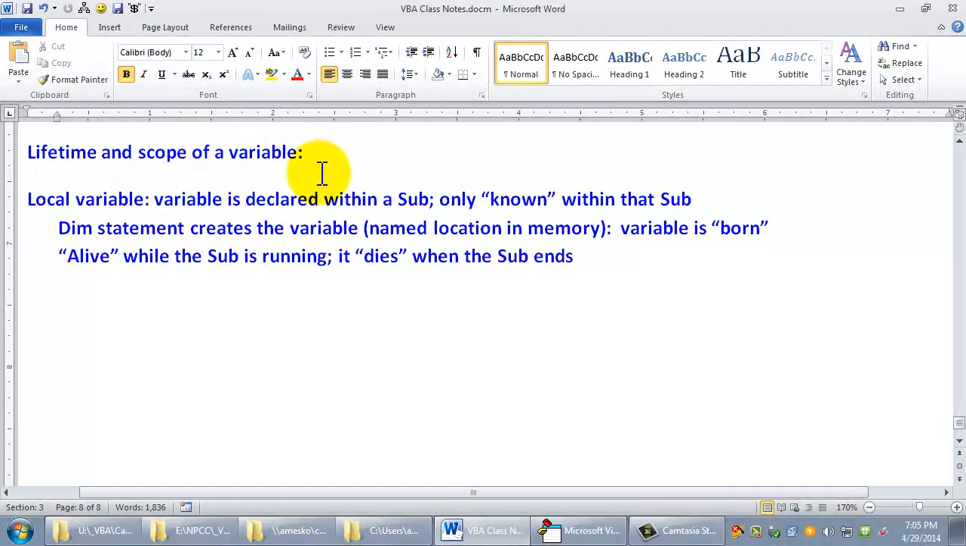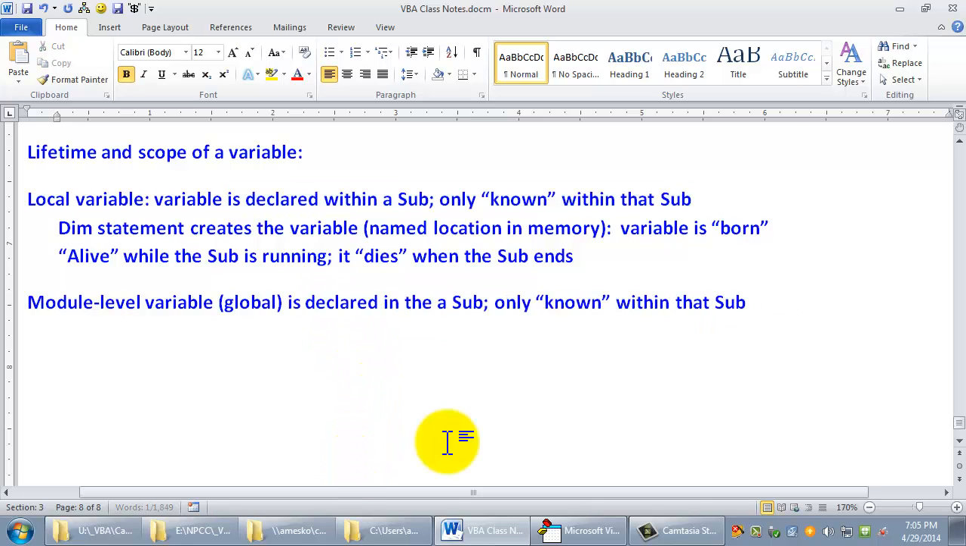A local variable is declared within the scope, and then we'll call it a module level variable, which is loosely known as a global variable, but that's very loose. A module level variable is declared in the general declarations section of a module